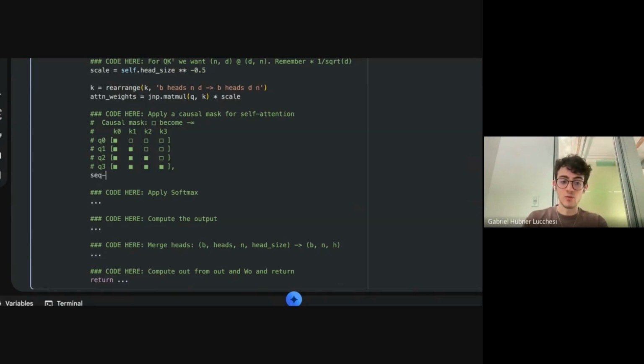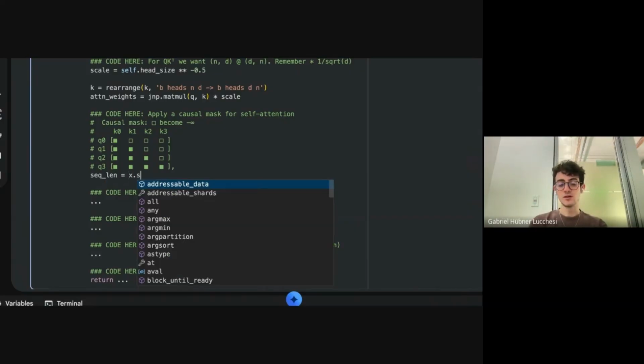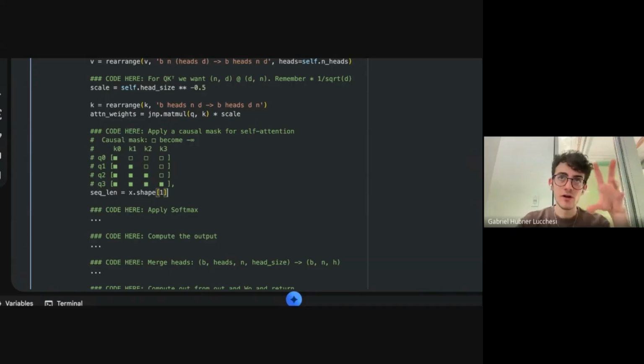Why do we want a mask? So when we're working with attention, when you're generating a sentence with a language model, you're obviously not going to be able to know what's the token that I'm going to say after the current token. But when you're training, we actually have to encode an entire sentence and then have the model predict every single token's probabilities. So you do have access to all the other tokens, but we don't want to tell the model about those other tokens.